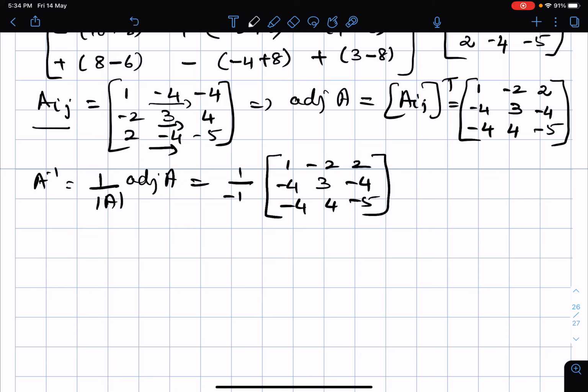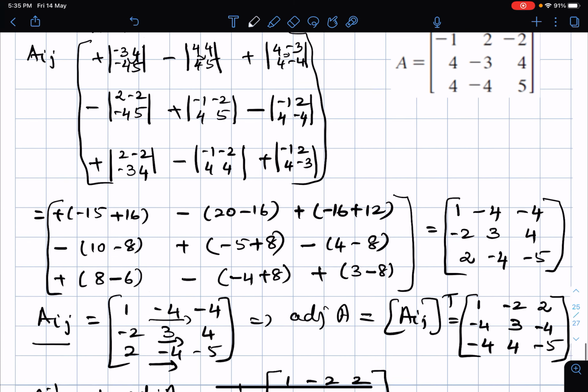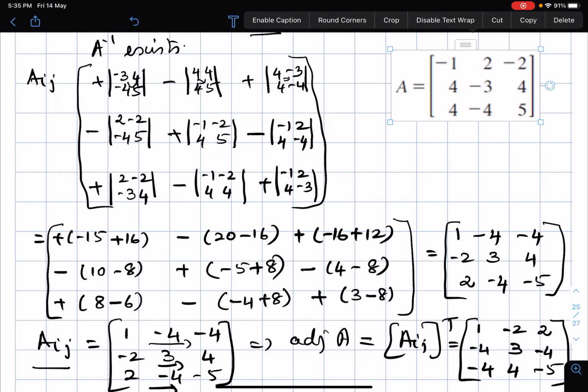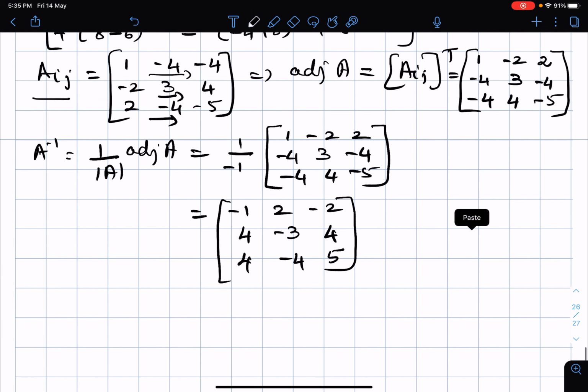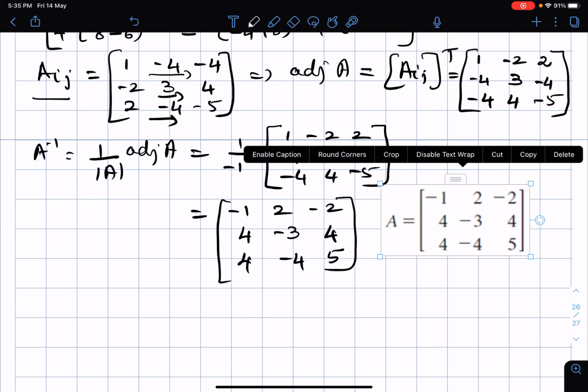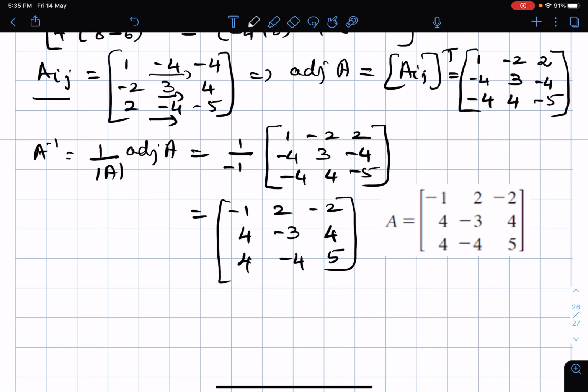So you take this minus, 1 by 1 gives you 1, but when you take minus inside, all the plus elements will become minus and the minus elements will become plus. Okay, so when you multiply by minus, this is equal to minus 1 plus 2 minus 2, plus 4 minus 3 plus 4, plus 4 minus 4 plus 5. This is nothing but our A. Here we have got our A, isn't it? This you can place here. So when you see, this is nothing but equal to A: 1 minus 1 2, minus 2 4 minus 3, 4 4 minus 4 5.